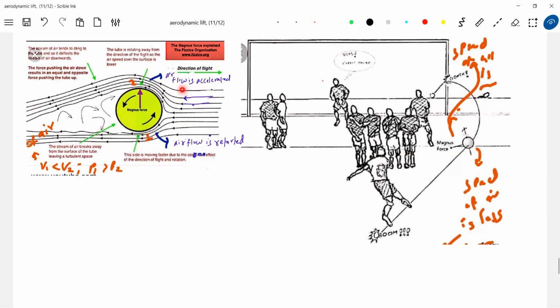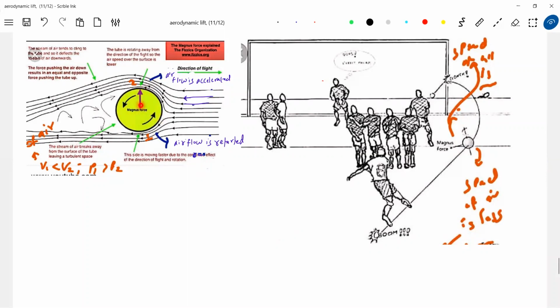Similarly, the air was having pressure P naught and some kinetic energy, say K naught. By the time it arrives here, its kinetic energy got increased. From where? The pressure energy should decrease. Therefore the pressure at one will be more than at two. And the air is a fluid, so it will exert a force, pressure into area. What is the effective area? Not 2 pi r square, pi r square. Therefore, there'll be a net force.